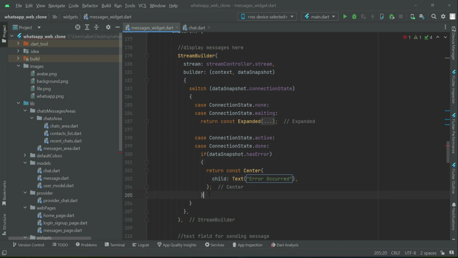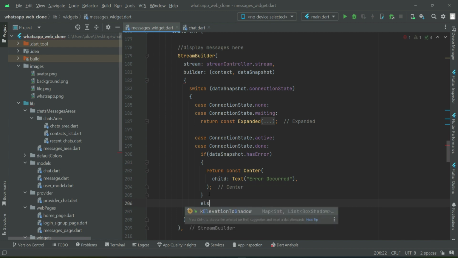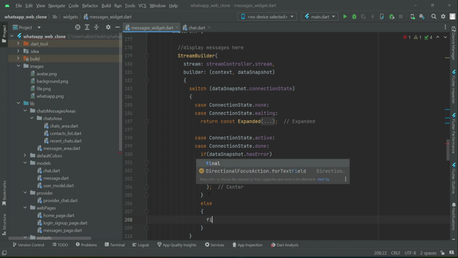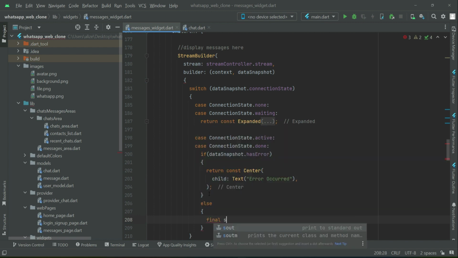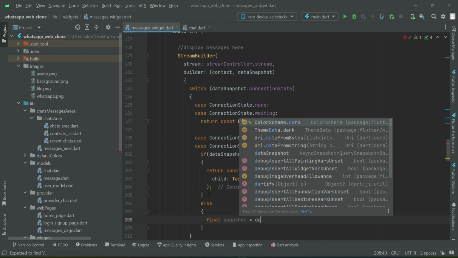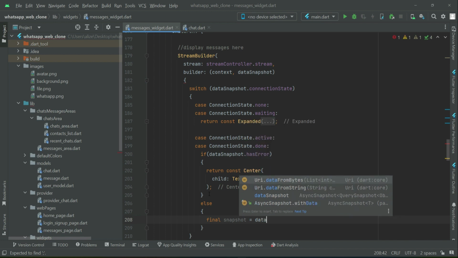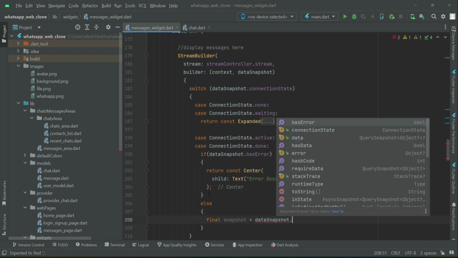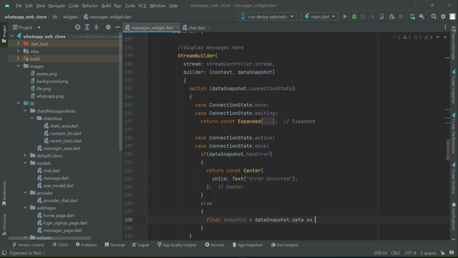Otherwise, if it has no error, then simply start displaying the data. So first we can say snapshot equals to data snapshot dot data is query snapshot